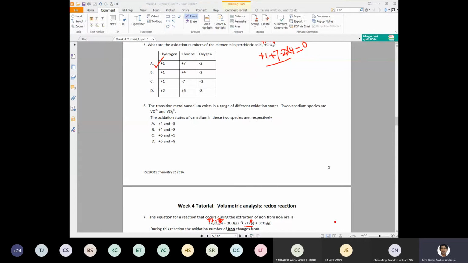Okay, Gabriel, question number 6. I didn't actually talk much about it. The transition metal vanadium exists in a range of different oxidation states. Two vanadium species are VO with a 2+ charge, and VO4 with a 3- charge. The oxidation states of vanadium in these two species are